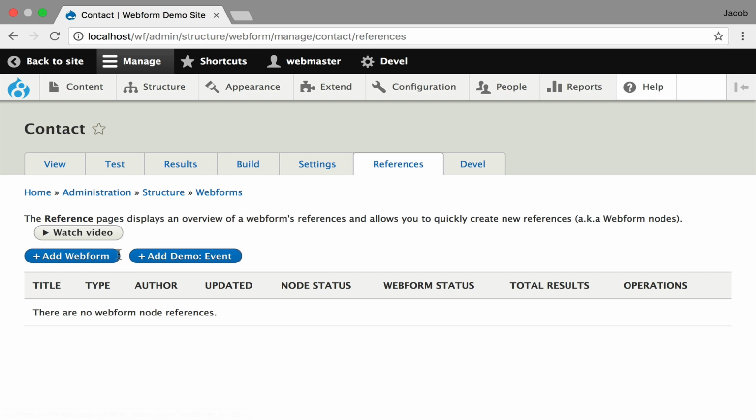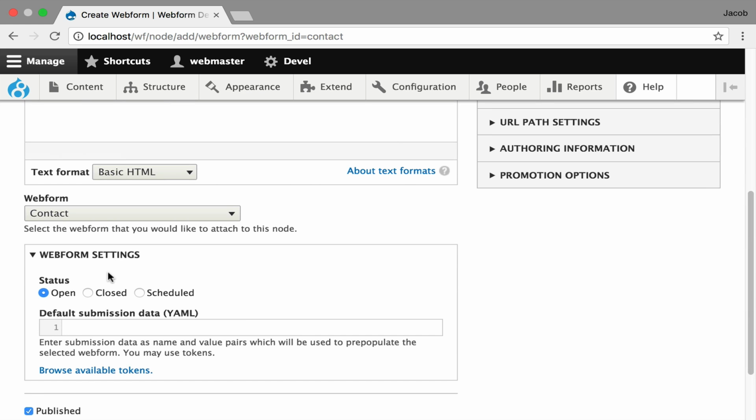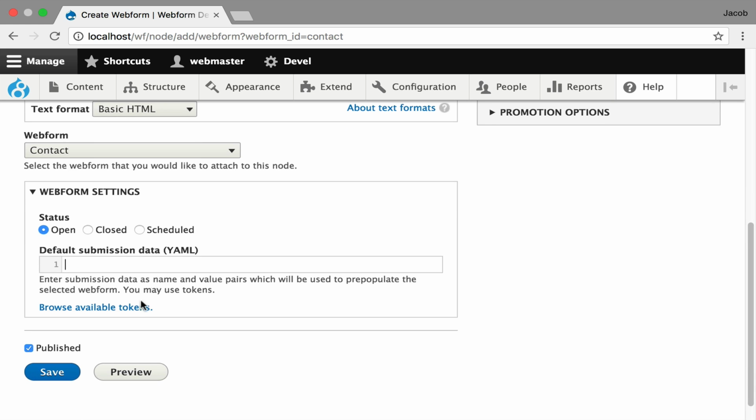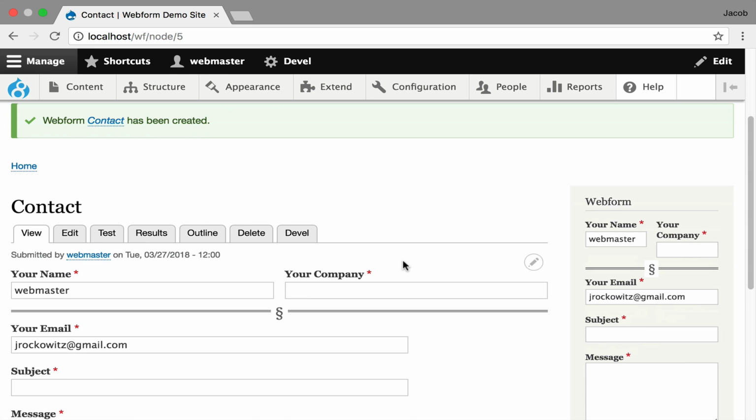So what happens is it detects which content types support web forms, which nodes support web forms. I'm going to quickly hit add web form, and it's going to automatically pass the data in up here, and you're going to see I grabbed the title of the form, I pre-populated it. You can also pass submission data. You can also schedule when this form is available. Everything was pre-filled out, so I literally just have to click save, and you're going to see that we get